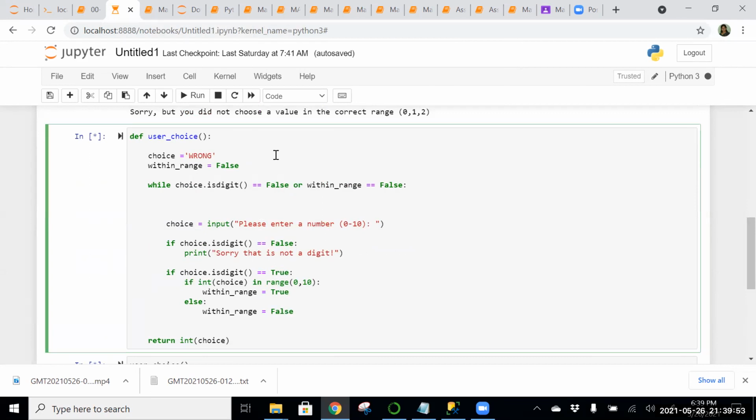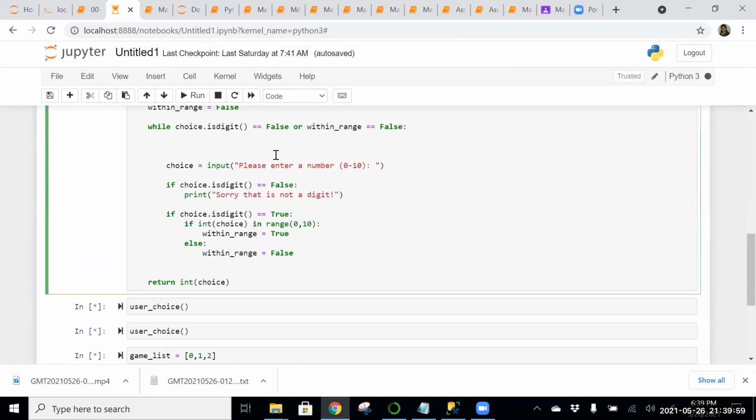So we make a loop while choice.isdigit. This isdigit is something that checks whether that particular input is a digit or not, right? Is it a number or not? That is what this function is doing.